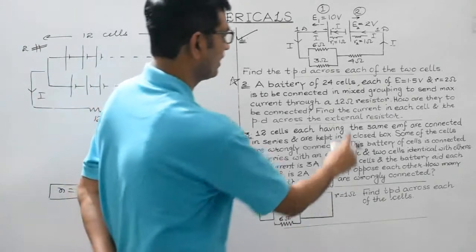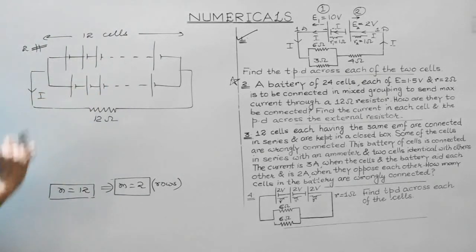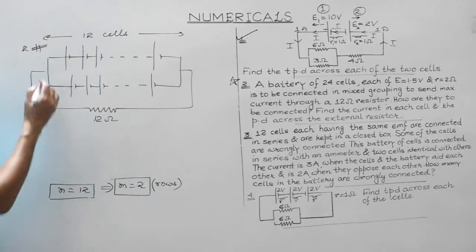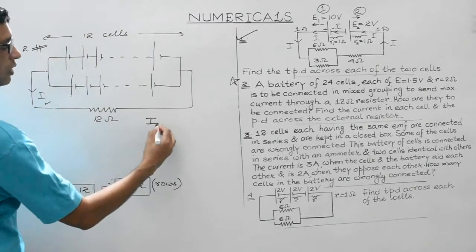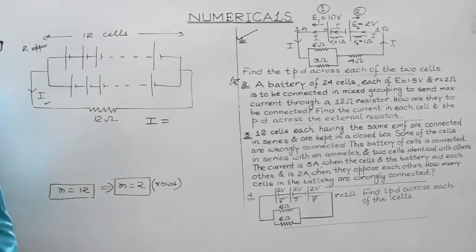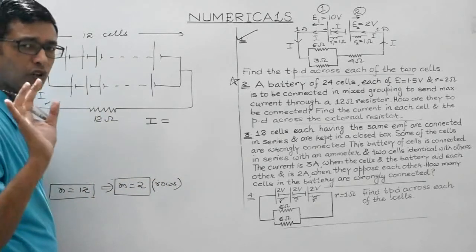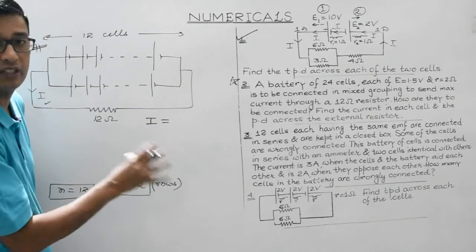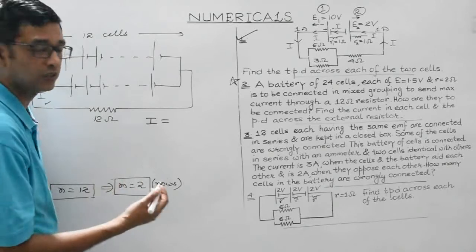Okay, let's deal with the second case. Find the current in each cell. We are supposed to find out the current in each cell, right? So what to do is, let's find out the net current first. Net current, student, it's equal to net EMF divided by net resistance, right? And in the theory part, we have already derived it. We need to make use of the formula directly over here. What is the expression for the current obtained in the mixed grouping of cells? It is